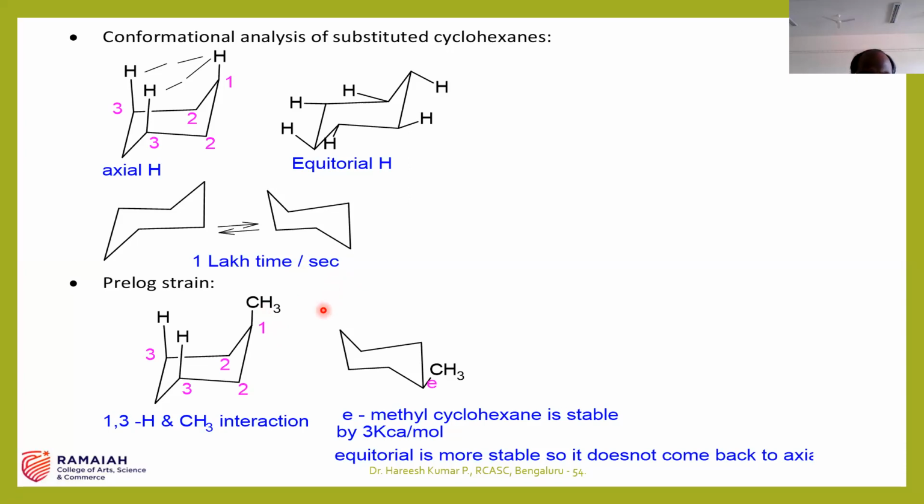Because of that 1,3 diaxial interaction, axial substituted ones are unstable, whereas in the case of equatorial, there is no such 1,3 diaxial interaction. Because of that, equatorial ones are more stable compared to the other ones. That's what you need to remember. Okay? So then what I will do,